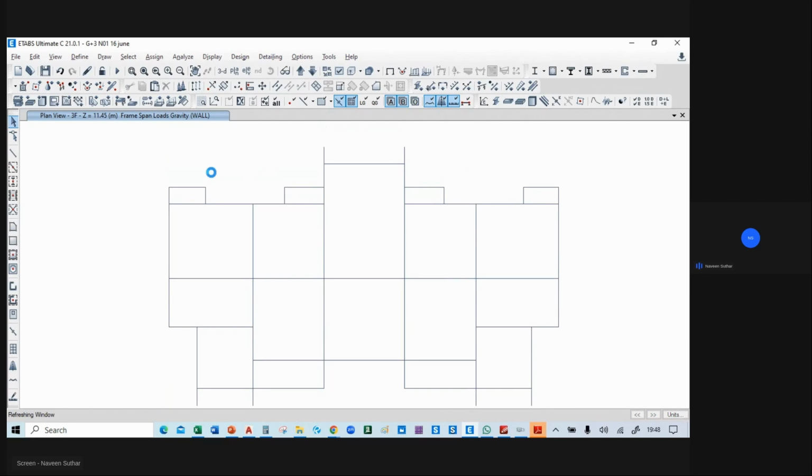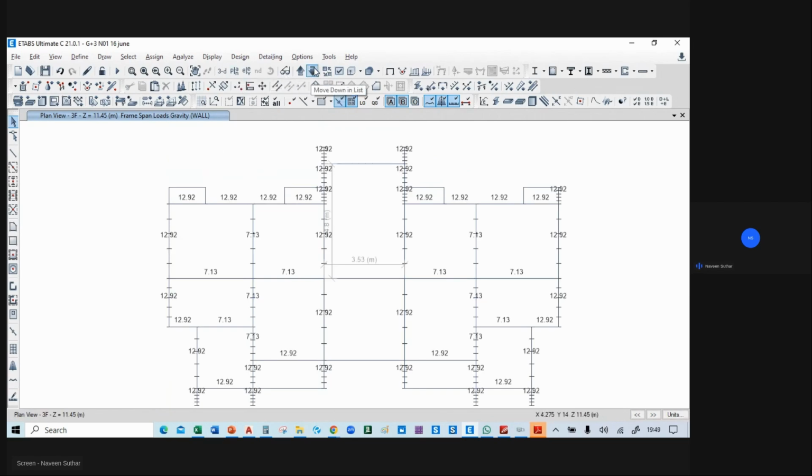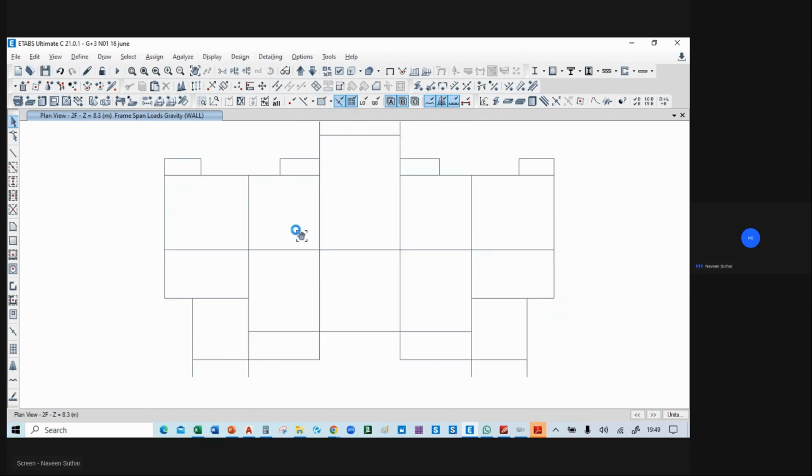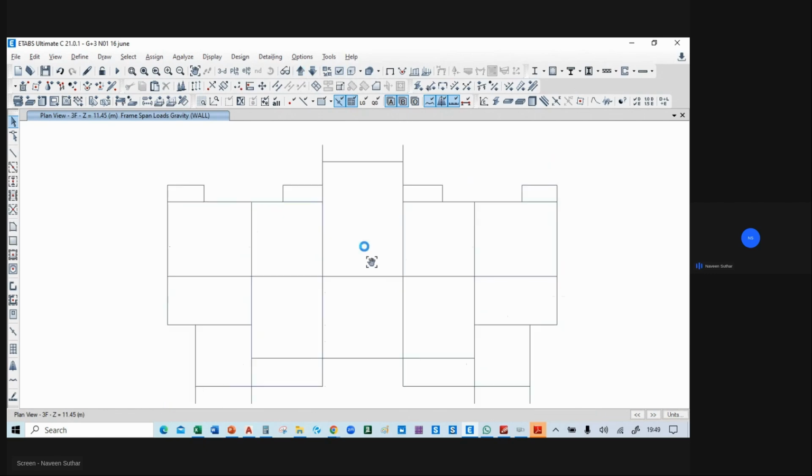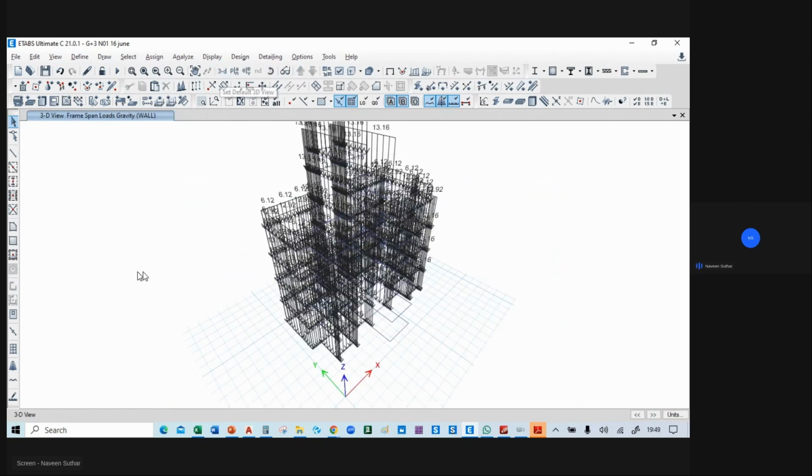So we have replaced every load at the third floor, and at the below you can see at the second floor the load is different, and at the third floor the load is different, and now everything is correct. Okay,